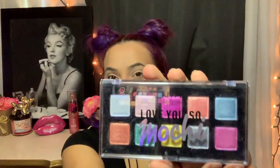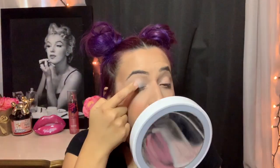Alright my loves, now we're moving on to our eyes. Here I'm using Nyx Love You So Mochi eyeshadow palette, and we're using this pretty light blue color right here, and we're gonna first be applying it with our fingers. I usually find that when you first apply it with your fingers, you can see the pigment a lot more, but of course I'm gonna be grabbing my eyeshadow blending brush to finish the job and to make it